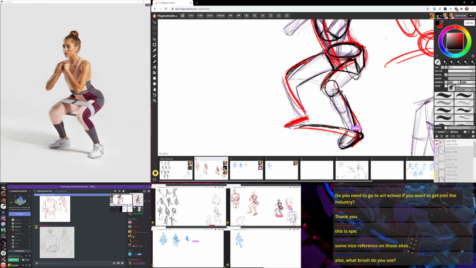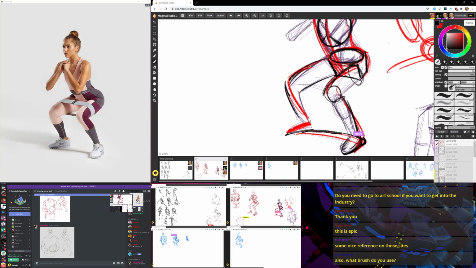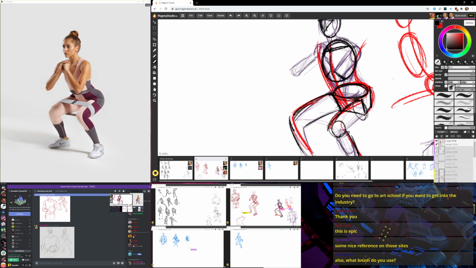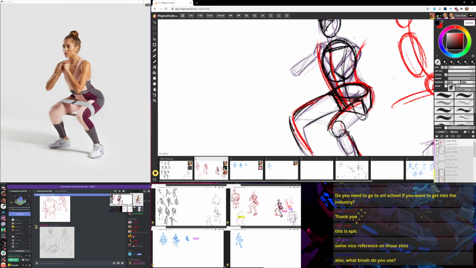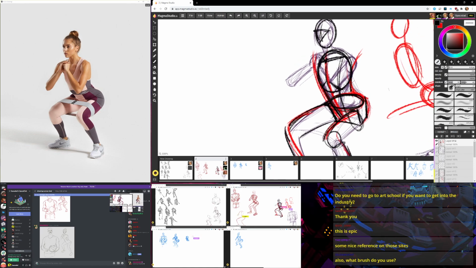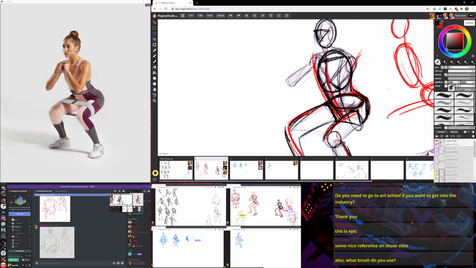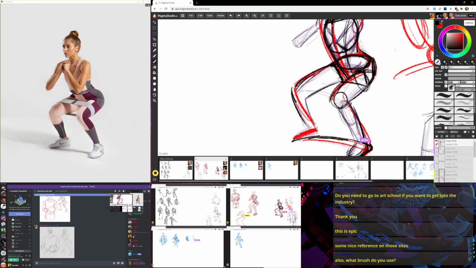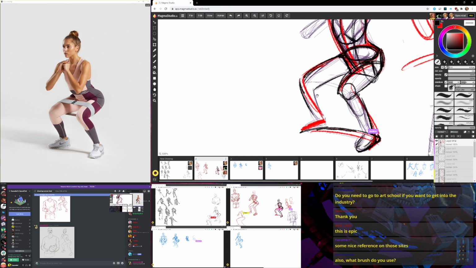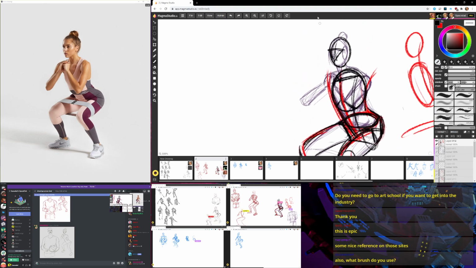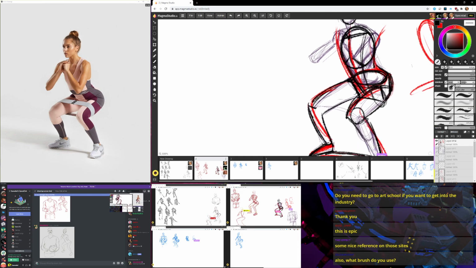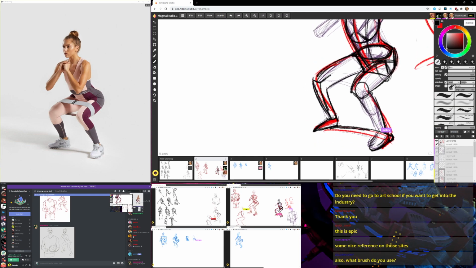Correlating the heels to each other. So I want to kind of wrap my head around the fact that she's controlling her body in a very balanced manner because she's doing an exercise here. I'm gonna keep that leg simple, I think. Although maybe it will indicate a little bit of the front plane of it here.